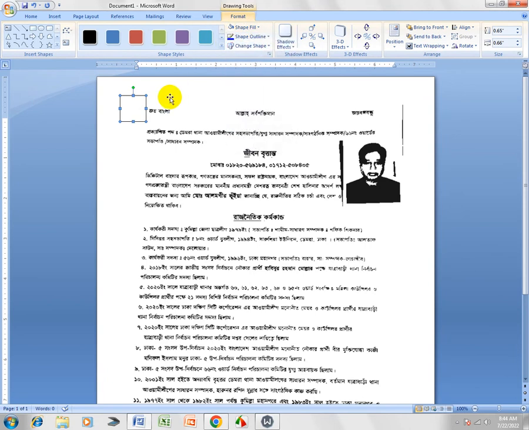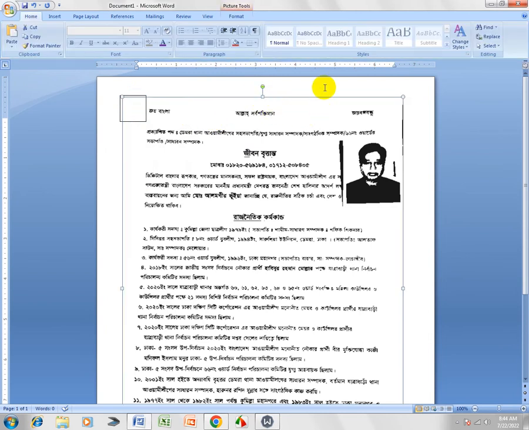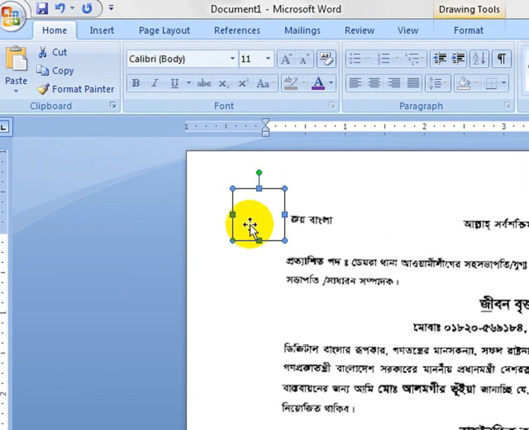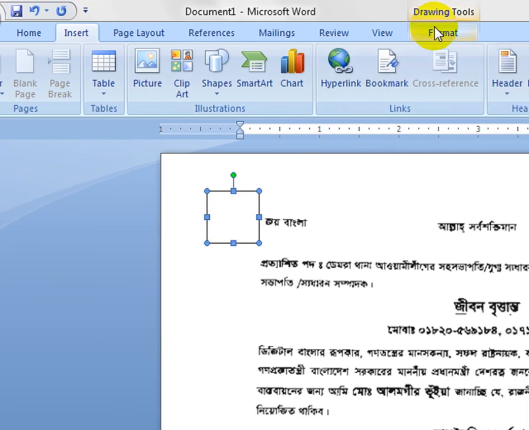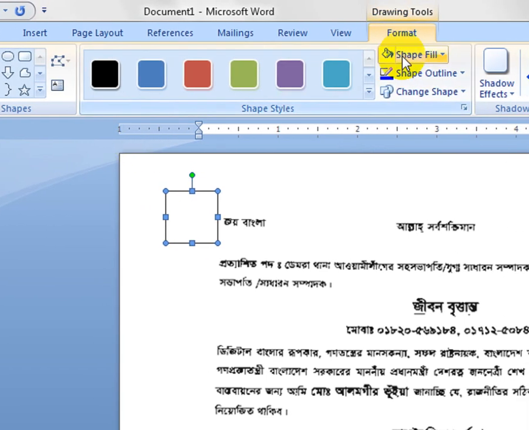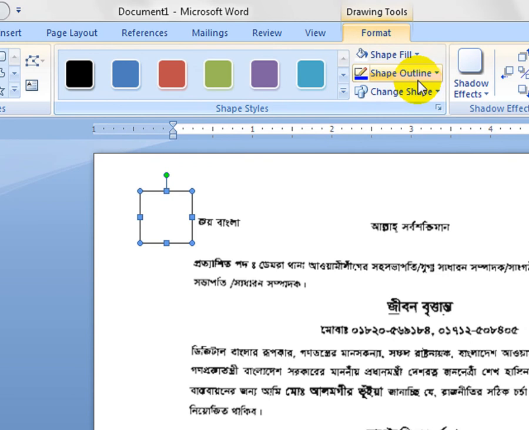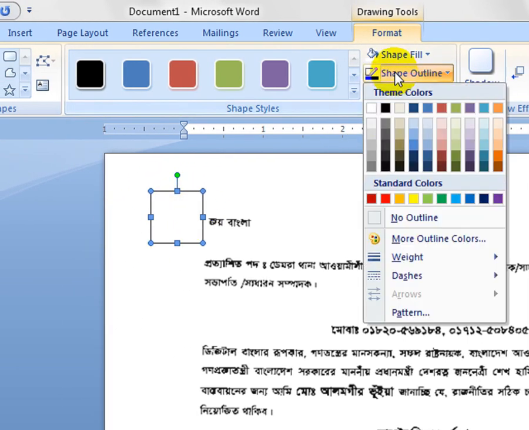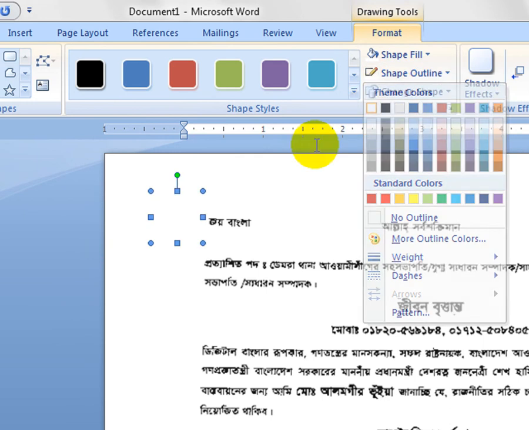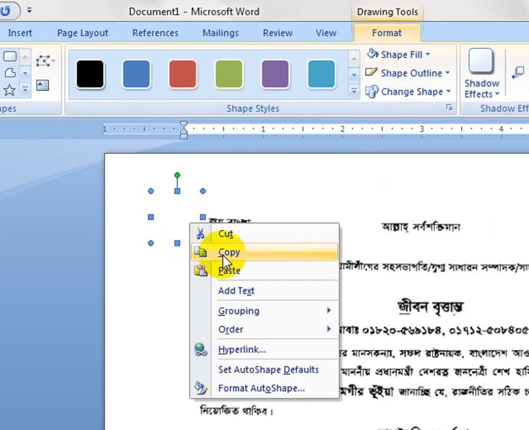You select the white, then copy the shape. Sorry, there is one more. First of all you select the shape, then go to the Format, then shape fill is white, and shape outline. Outline means this border color also white. You have to select the border color also white. Then copy this